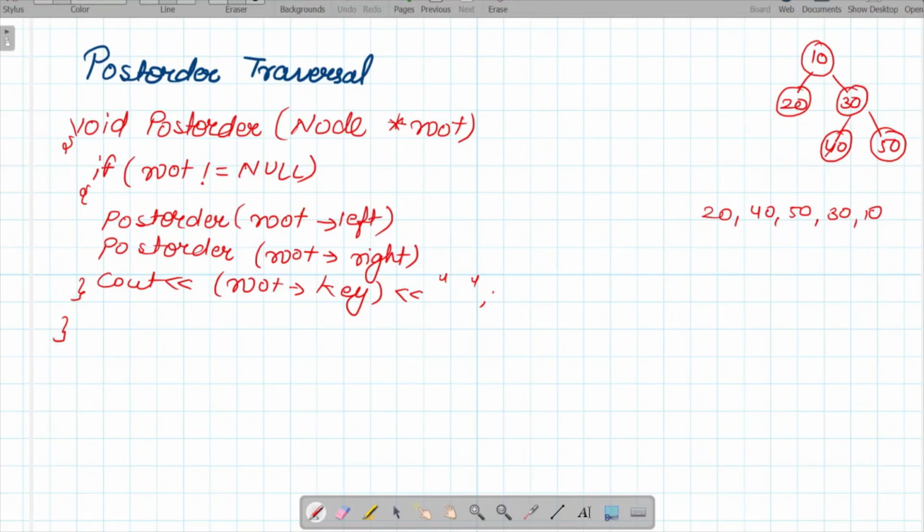So in this way we have seen different traversal techniques in a tree, which are breadth first traversal and depth first traversal. In depth first traversal there are three techniques, that is in-order, pre-order and post-order. We have seen the implementation of them, and regarding the implementation of breadth first search, I am going to upload a separate video for that, and in that we will see how to implement breadth first or level order traversal.